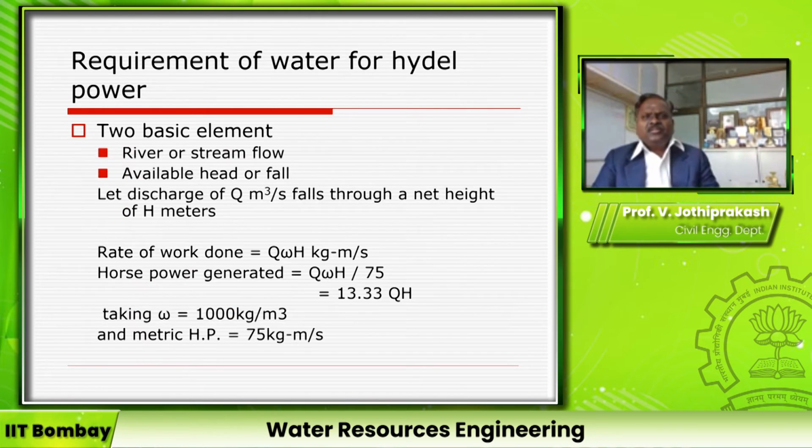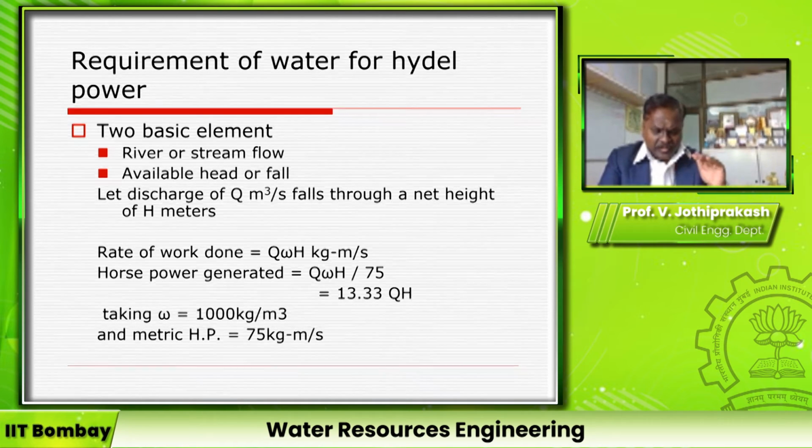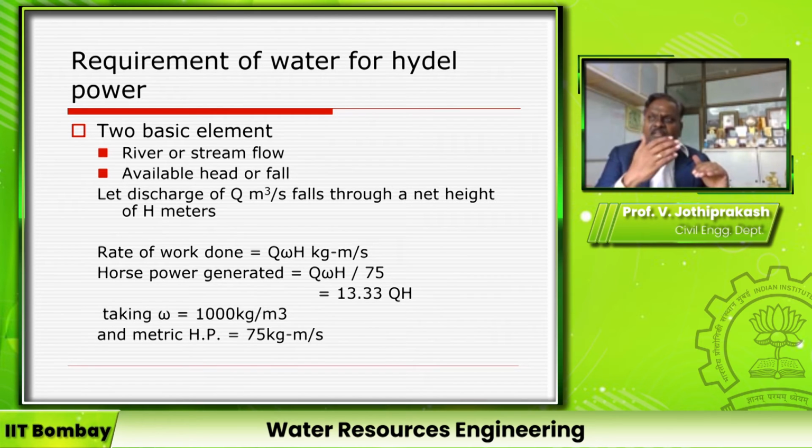through the powerhouse. Then the requirements of a hydroelectric power station are two basic ones: one is the discharge, another is the head. As I said, discharge comes through the penstock, and head is the level difference between the water levels. With frictional losses, there will be small frictional losses in the penstock. So the net head is the gross head, between the water level in the dam and the center of the impinging jet, minus the head loss due to friction. That is the net head available to produce power. Then the horsepower produced is work done by 75.